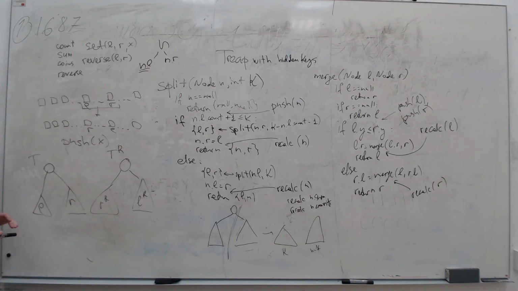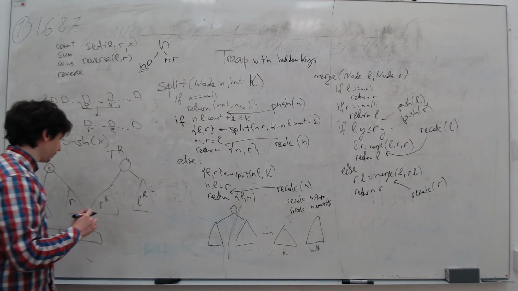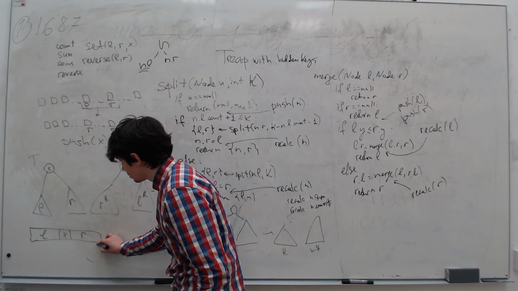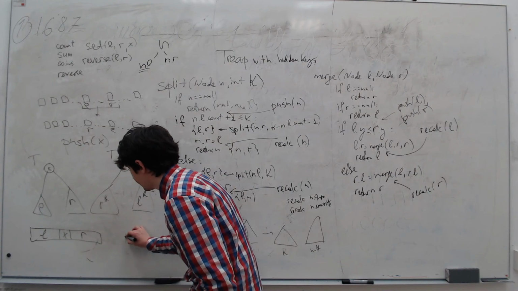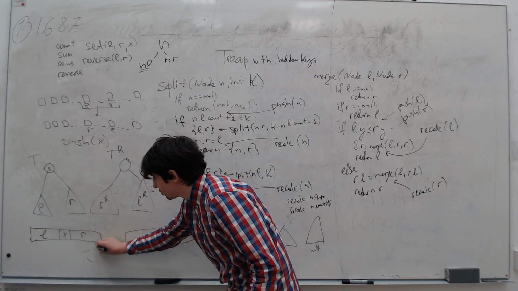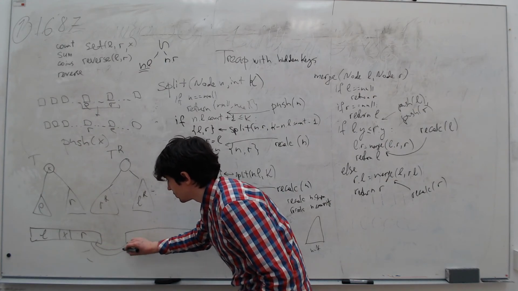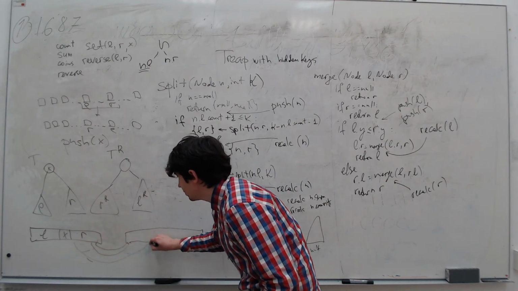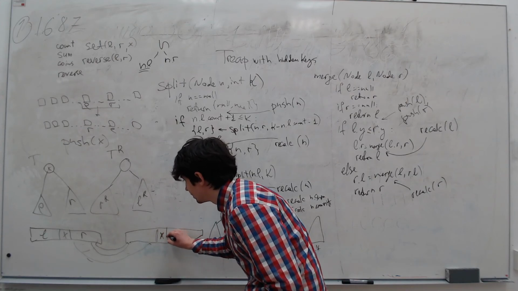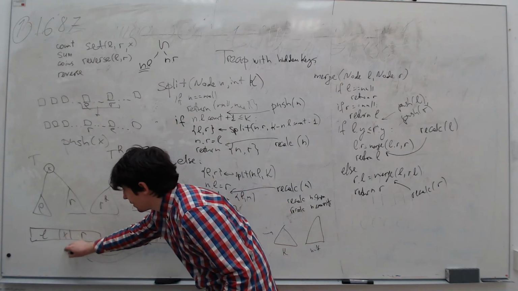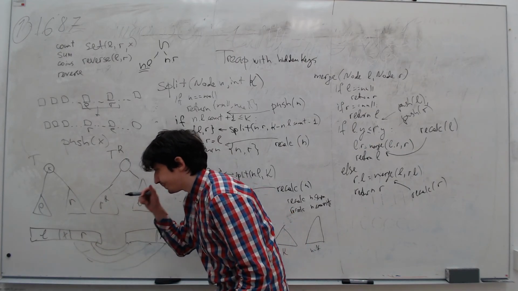So, how does it look? We have L here, X here, and R here. How will the reverse of this segment look? This element goes into the first position, this second element goes to the second, and so on, until here. Then we will have X here. And everything from the left comes afterwards.